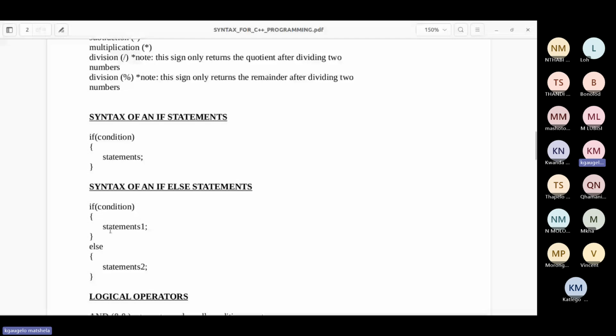So the if statement works like this. It's either true or false, right? So if the condition is true, it means statement one will be the one that will be executed. Then if it's false, it means statement two will be the one that will be executed. So